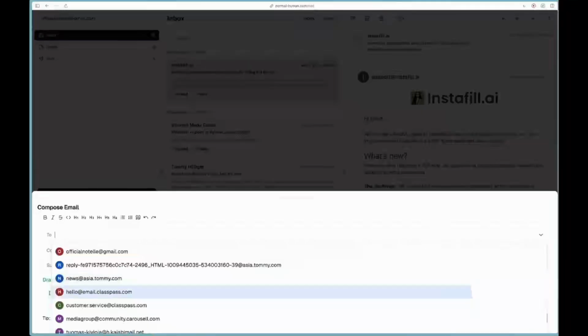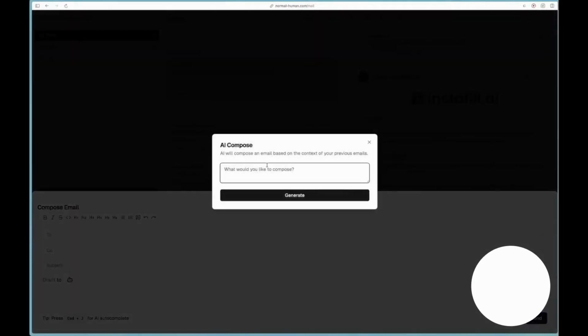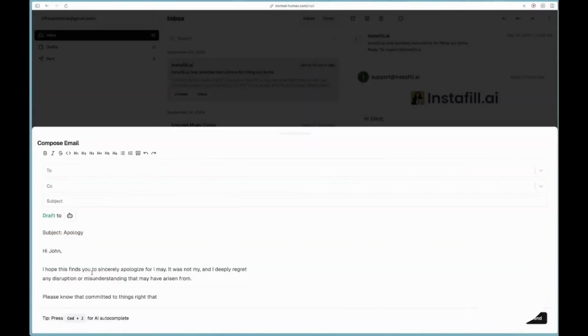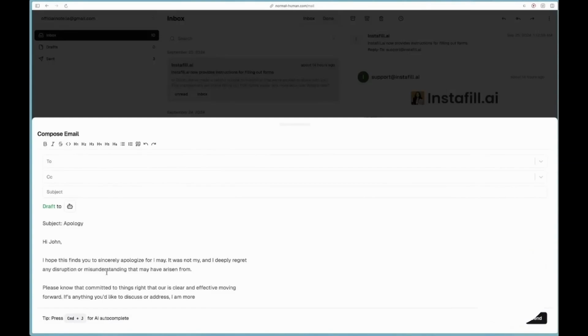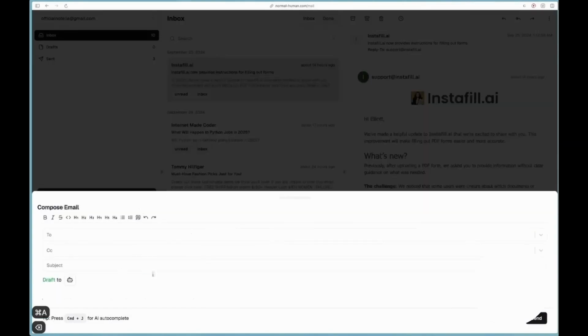And this is basically the same stuff. You can search through all the email recipients that you want to send to. CCs work, subjects work, and you can also just say, quickly draft an apology email to John. So let's see what it does. Yeah, I mean, that's a good start, I guess. And I can take this and just continue writing my email. So you can then obviously send this message out. Right, so this is